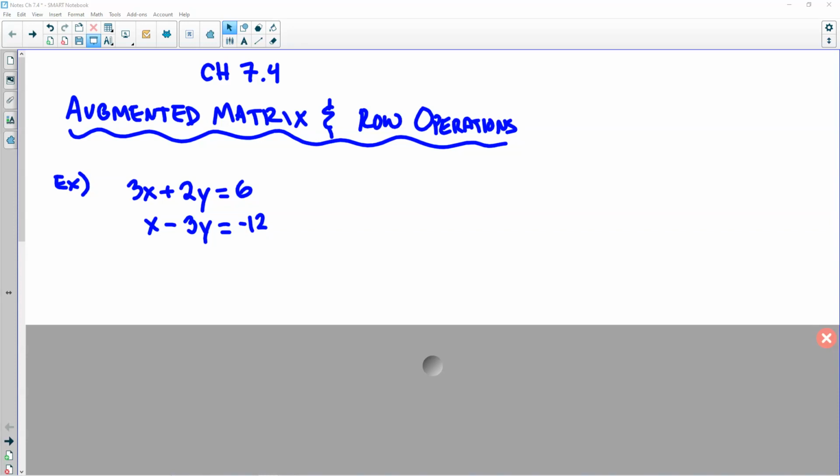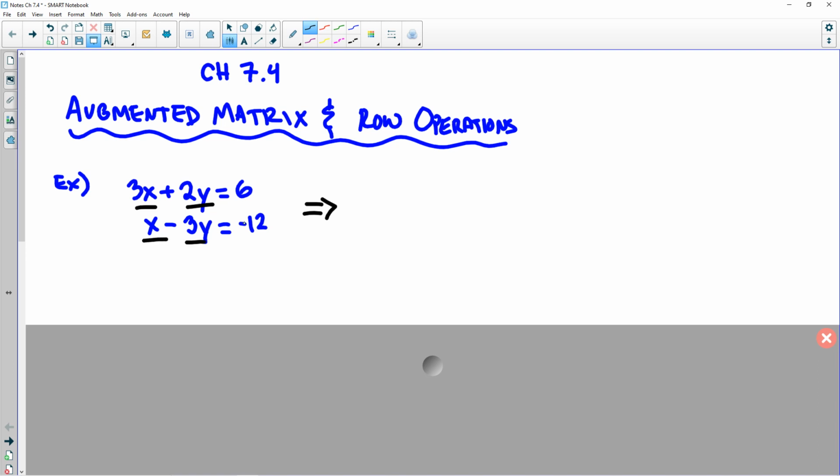Alright, so today's lesson is on augmented matrix and row operations. We'll start with an augmented matrix. An augmented matrix is a matrix that is formed from a system of equations. So, for example, this system of equations is a two-variable,